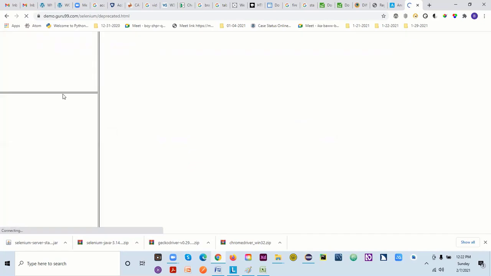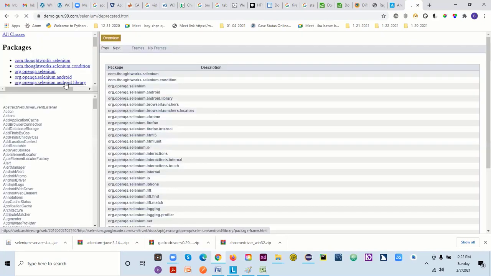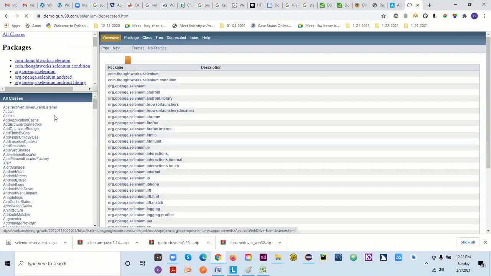Let's go. See, so this is a page, and in this page you have this one frame, second frame, third frame. As soon as I navigate to this page, I cannot click on this link. I have to come to this frame first, and then I can click on this link. So my requirement is that I have to come here first. So what should I do?